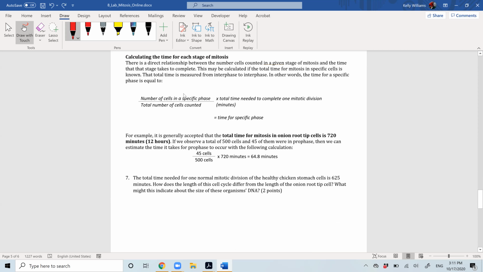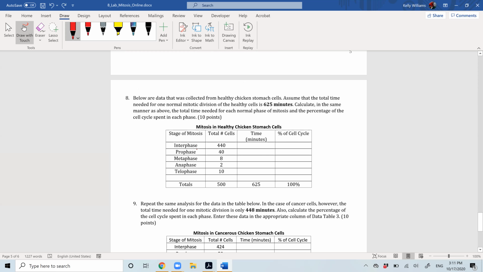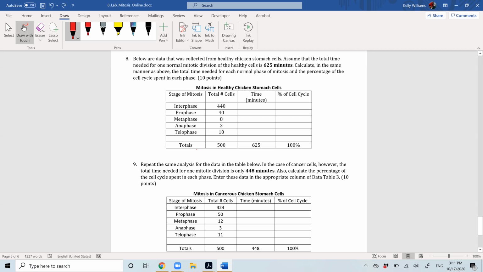This is how you are going to calculate out these numbers that are down here. Okay, and they can be exact. You can round them to the nearest tenth or 100th. I don't really care as long as I can understand that your answer is correct. And make sure that all of your answers for this add up to this and this. Your percentages should add up to 100% on both of these, and your time should add up to the total